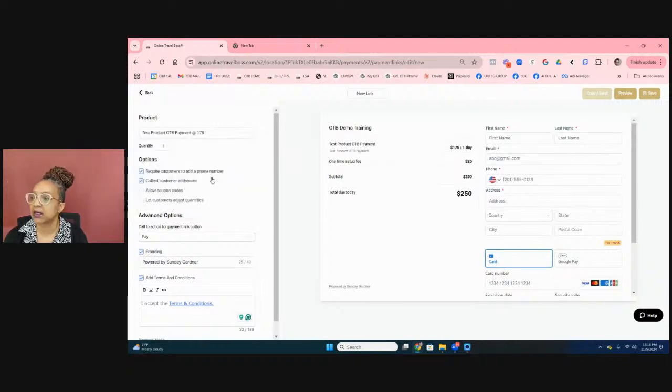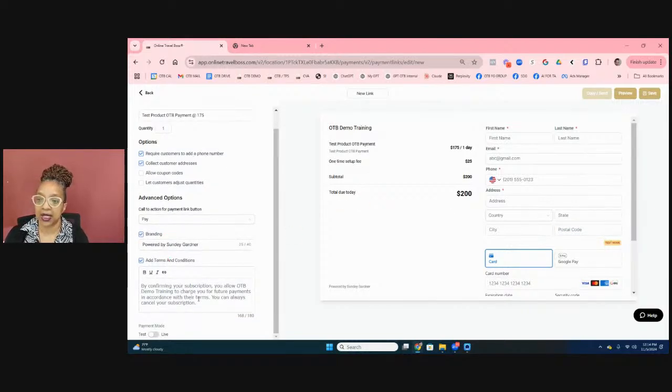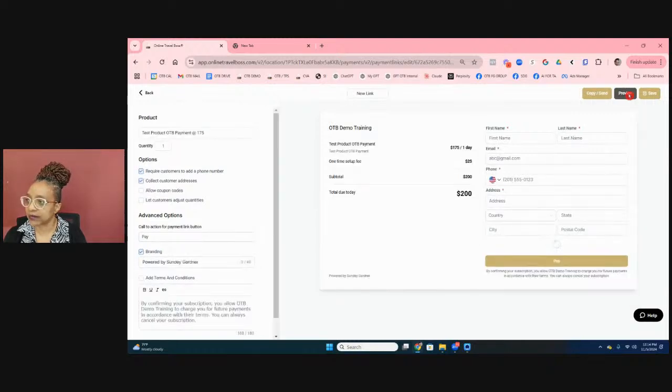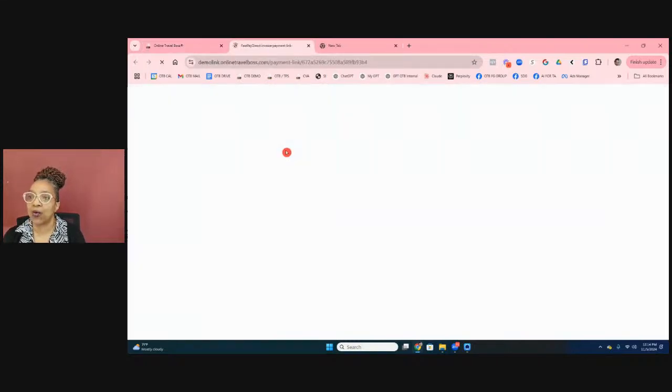Here, let's see what this one is. That's okay. This was a test one that we're doing. So this is $175 per day. You can also see that this is in test mode here. And then the great thing is that it automatically pulled in the terms associated with our payment plan. So here on payment links, you save that, and then you can preview what it's actually going to